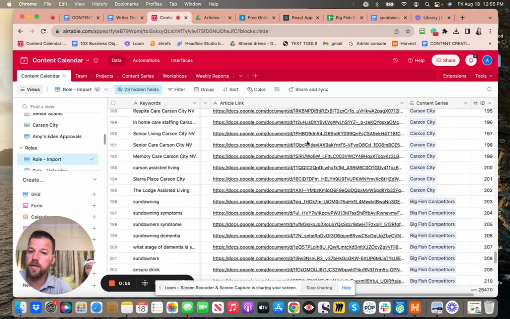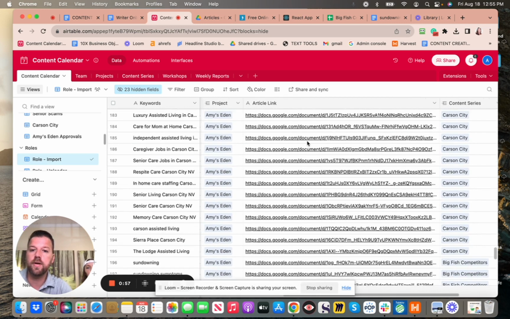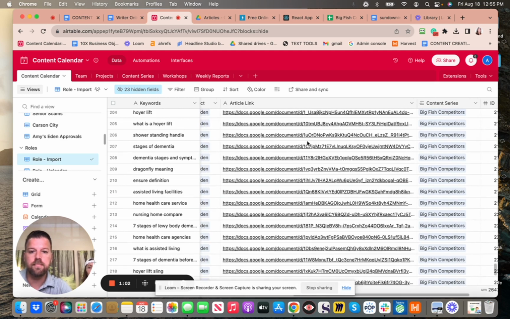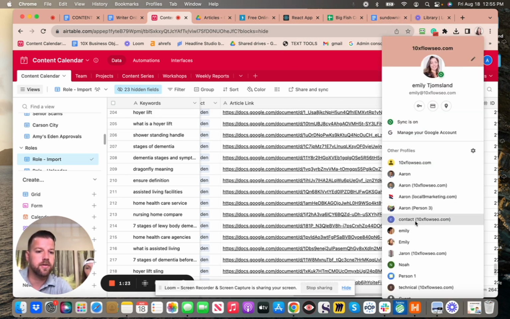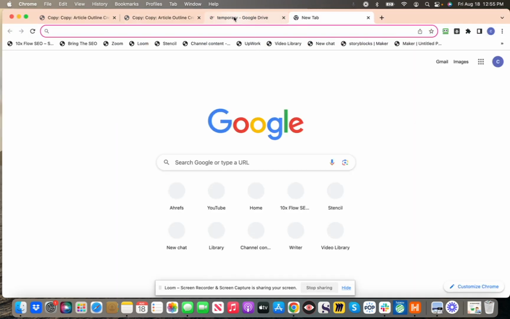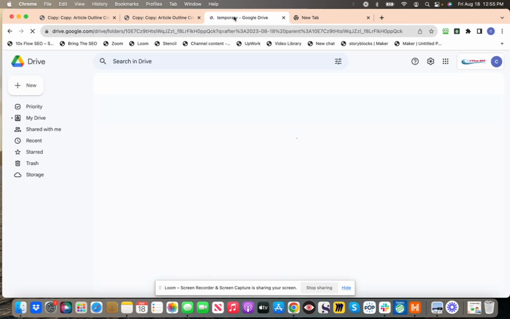And notice it also created a Google Doc for each and every single one of those articles that are to be. So that's really cool. It created all of these Google Doc article outlines, and that's what we're going to assign to our writers to write our articles. So let's take a quick look at some of those articles. So we actually had it created with this other account here, and it put the articles in this temporary